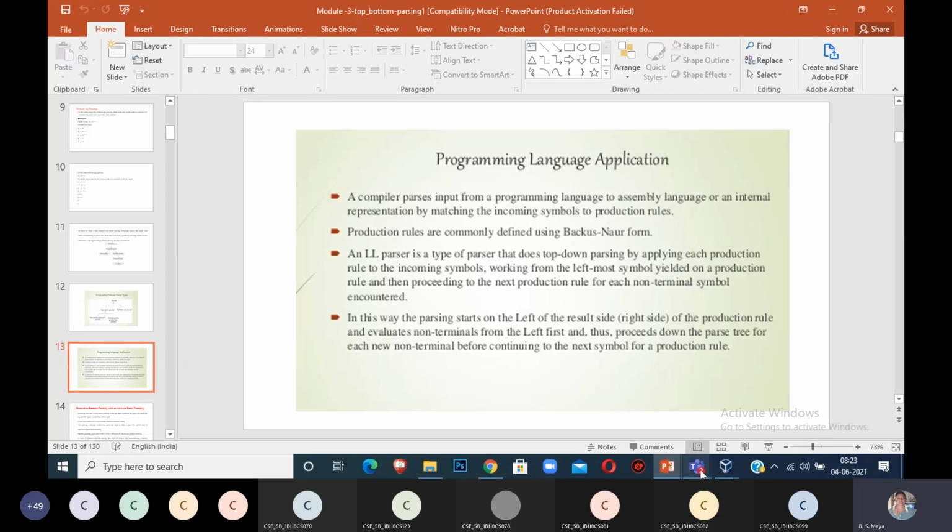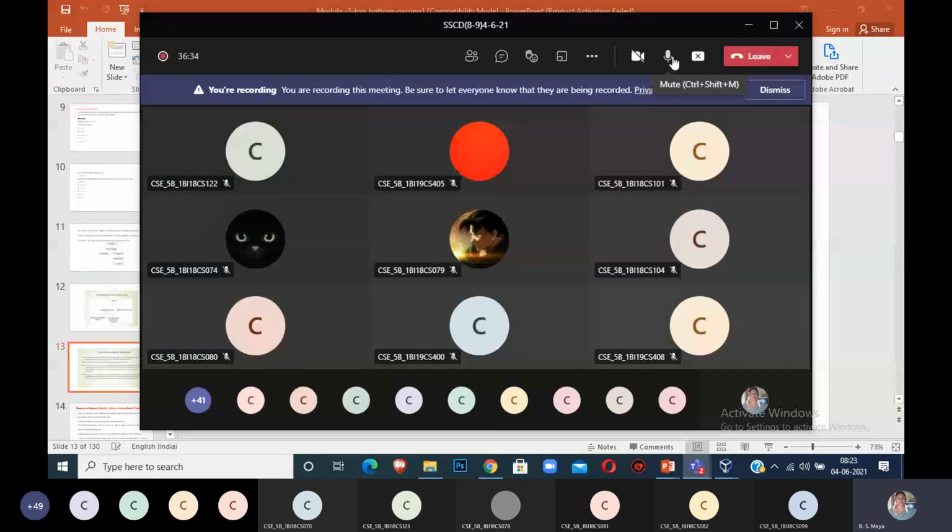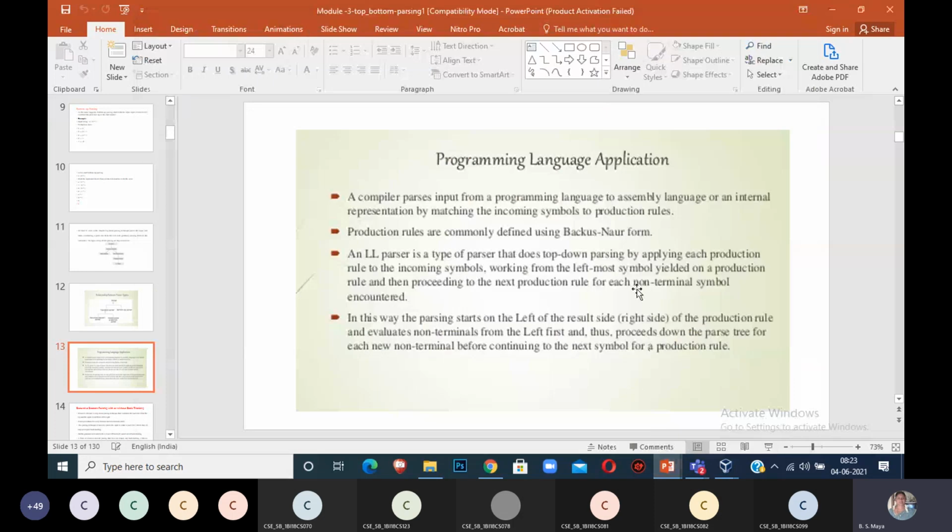Production rules are normally defined using BNF notation.